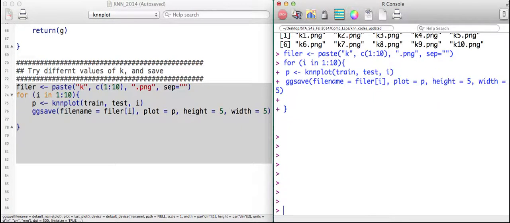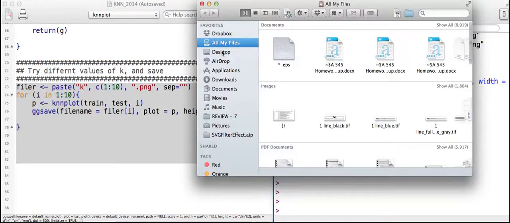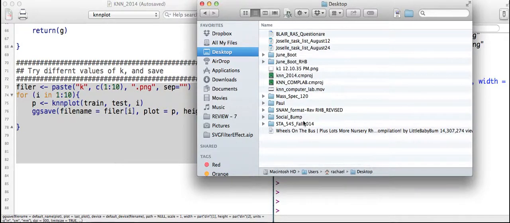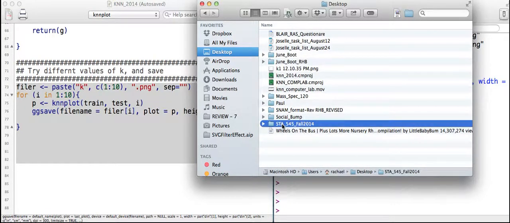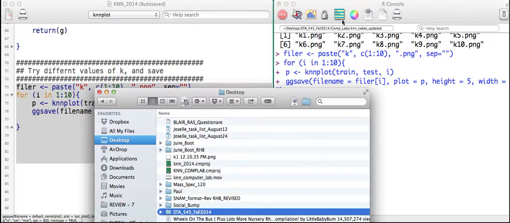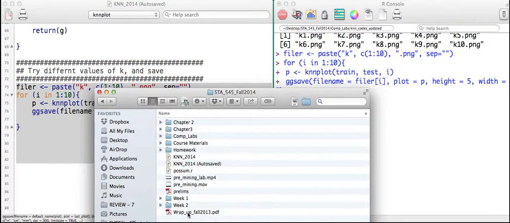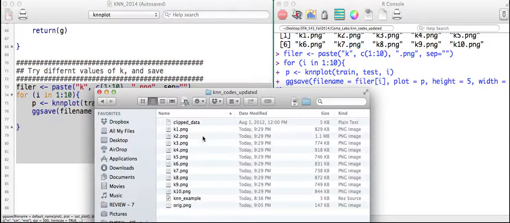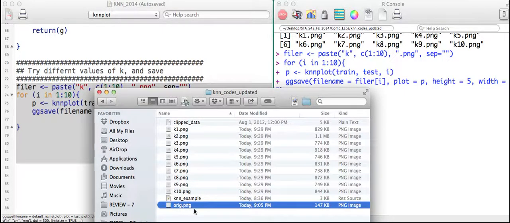Okay, and what we can do is, so it's finished running, it went through all 10. My computer fan's running kind of hard, so it must have been tough work. We can go to the directory that we're in right now, and if you don't know where you are, you can always look here to see what directory you're going to find your stuff. If I look at Complabs here, I will find the plot we plotted earlier,